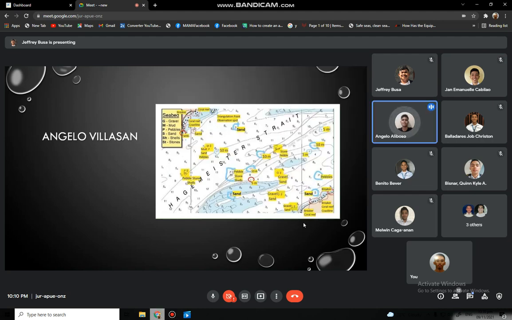So, Deck Cadet Angelo B. Aleboso. So, 5M and 10M is a corresponding depth area of the underwater rock of known depth. So, next, coastline or shoreline constructions of low accuracy in positions. A coastline is a line that separates the water from the land. Next is, a coral reef is an